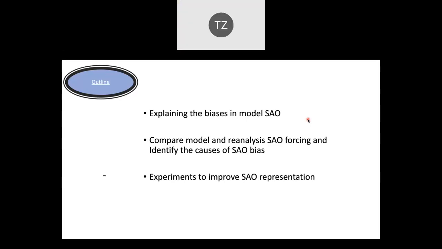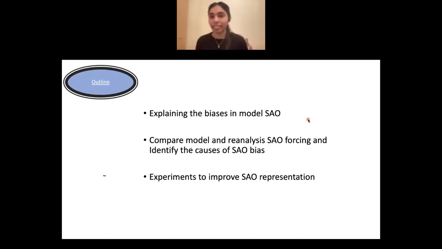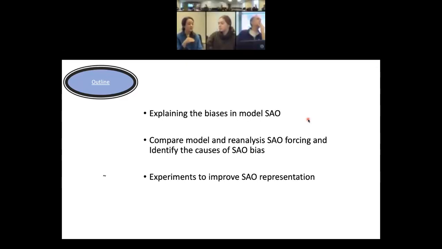I have a question for Aleena. Earlier in the talk, you were talking about the three model biases that are apparent: the weaker westerly winds, the timing of when the westerly to easterly transitions, and then the weaker annual cycle. When you are looking at these biases, do you have an idea of which bias is most influential towards a better representation of the SAO's interaction from a climate perspective? If you had to focus on one of these biases to correct, which one would you focus on?